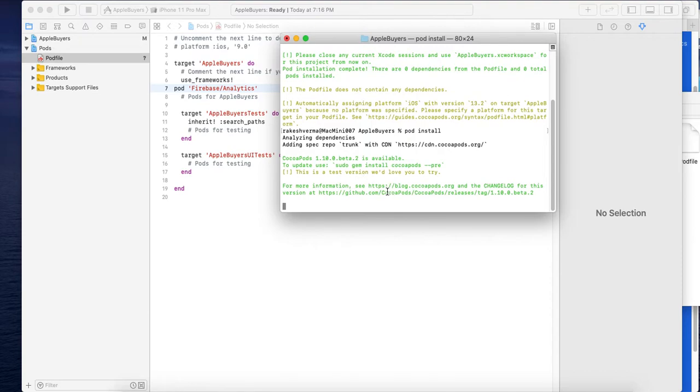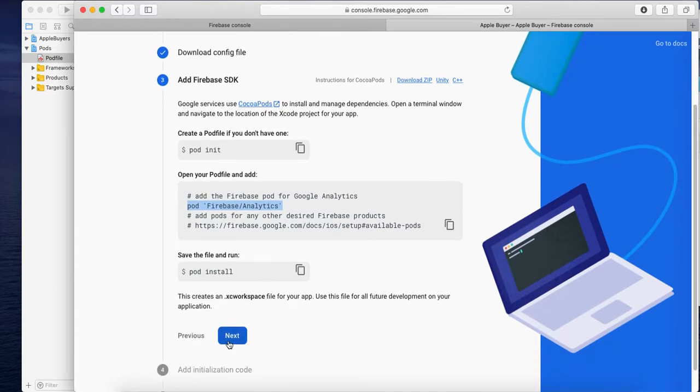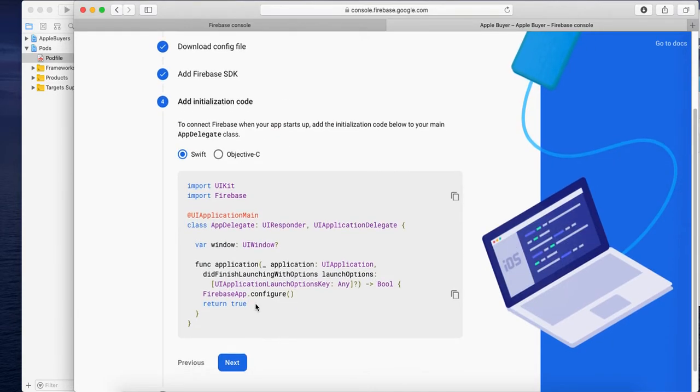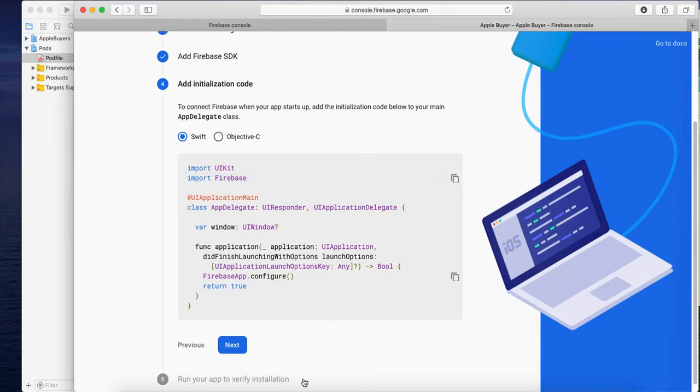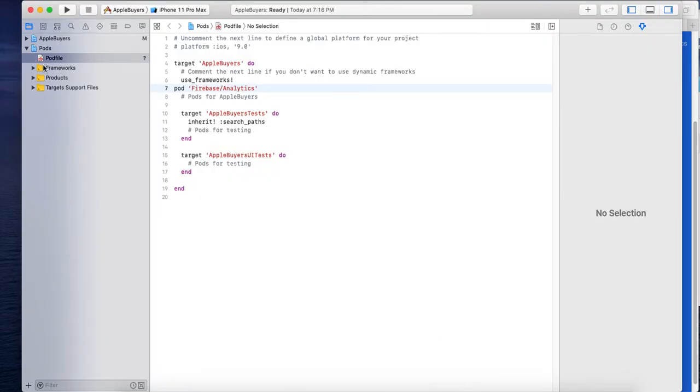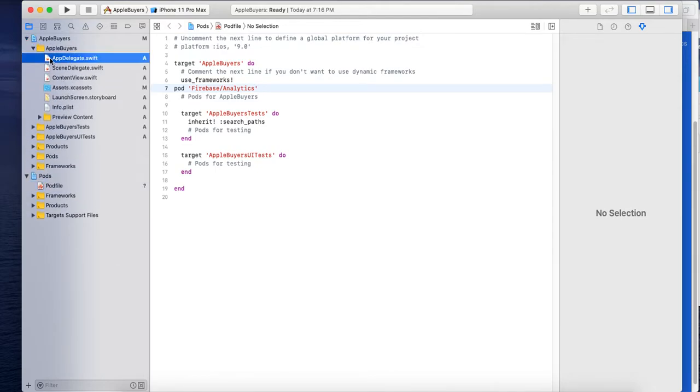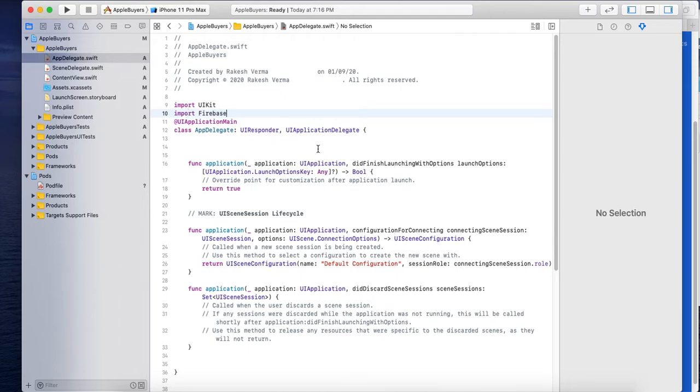Now we have to go to next, and we need to configure this one. We need to copy this and add it to the AppDelegate and initiate.